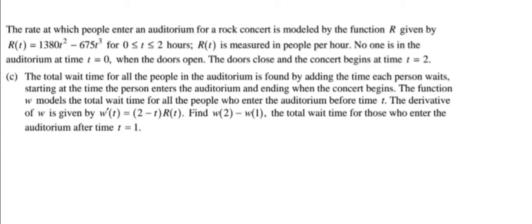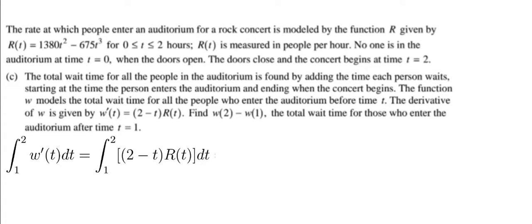We know from the fundamental theorem of calculus part 1, which I covered in a previous lesson, that w of 2 minus w of 1 is equal to the integral from 1 to 2 of the derivative of w, which is w prime of t dt, because this is in terms of time t. Now we are given w prime of t, which is the quantity 2 minus t times r of t, which we can just plug into the integral,